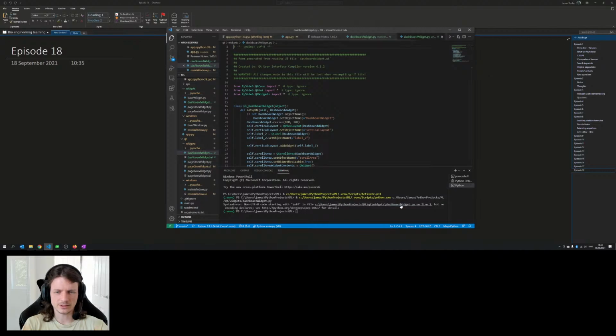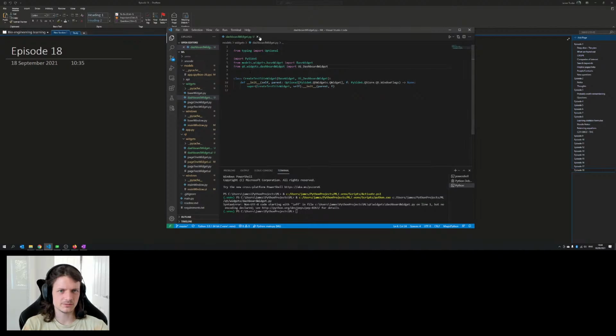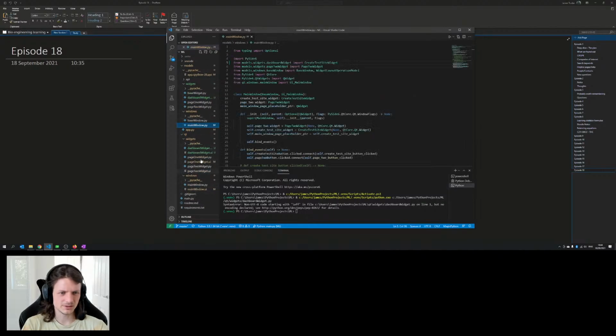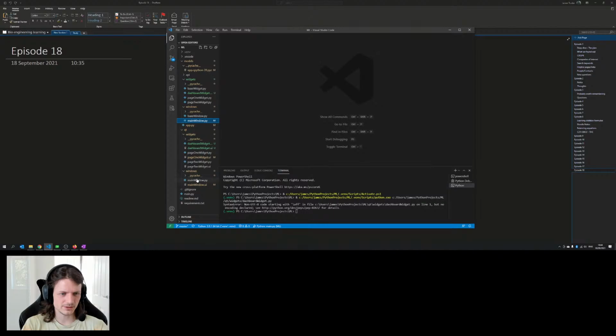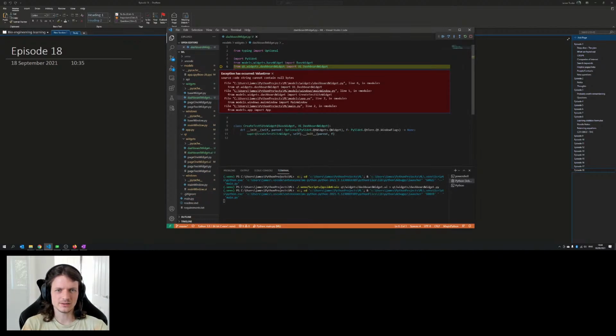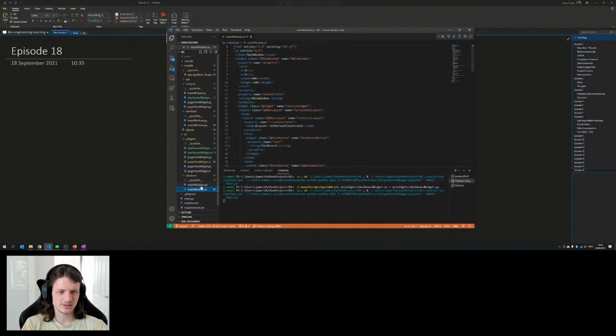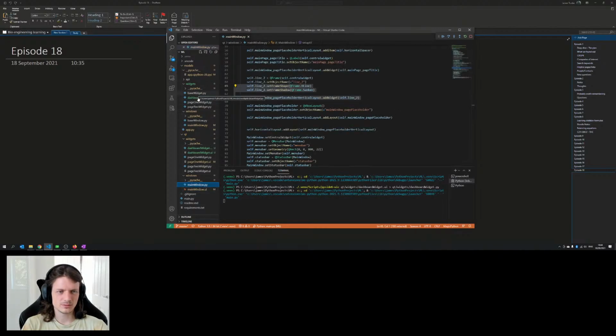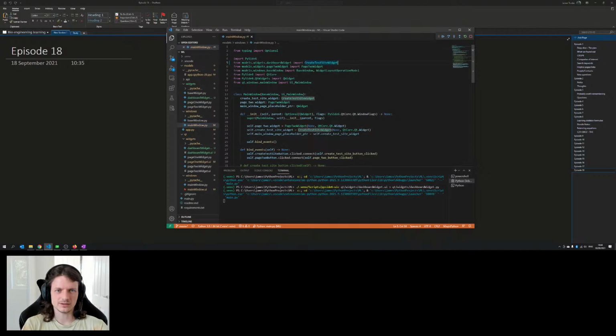Ah, something here. Okay, let me close others. A bit confused here. Where's my main? Not my main window, don't care about that. I want the main, please. Main. Run. Okay, so this is now saying line 6 of this file from dashboard widget import UI. And then main window has a problem. So main window, maybe it's this one actually. Ah yes, I think this is now gone. Dashboard widget, okay.